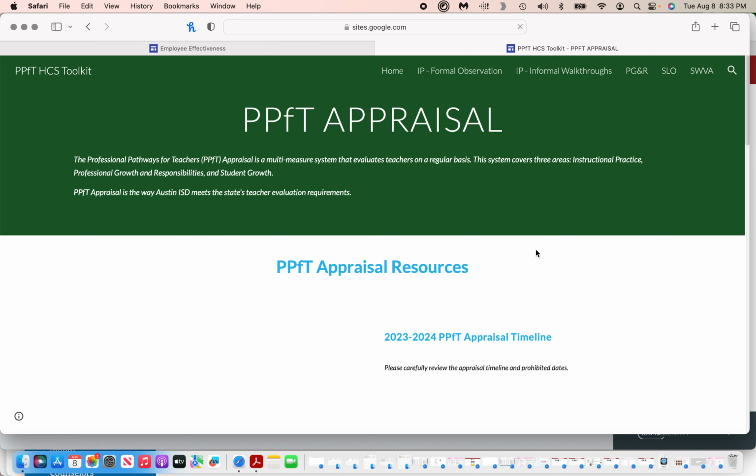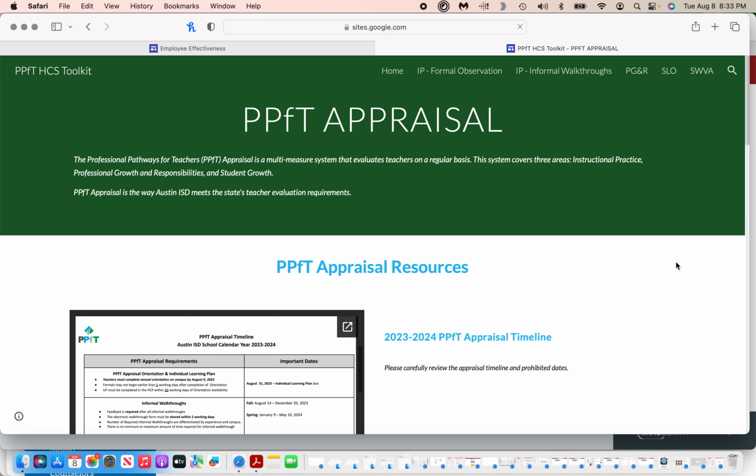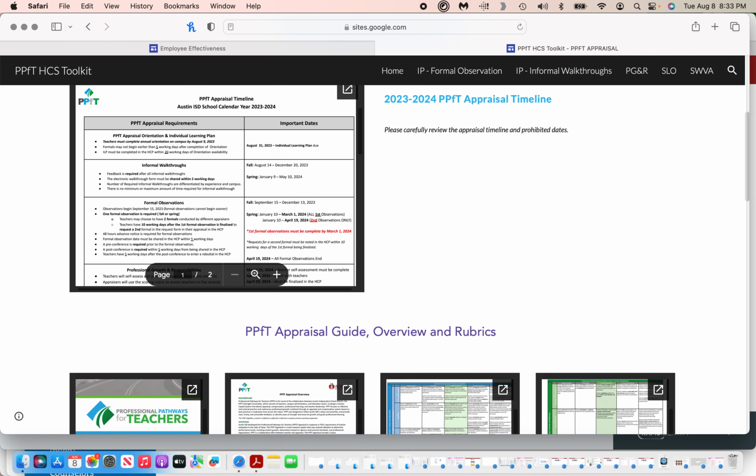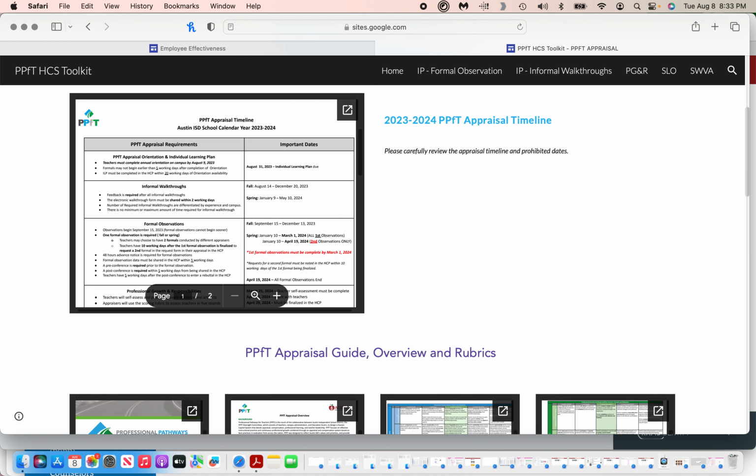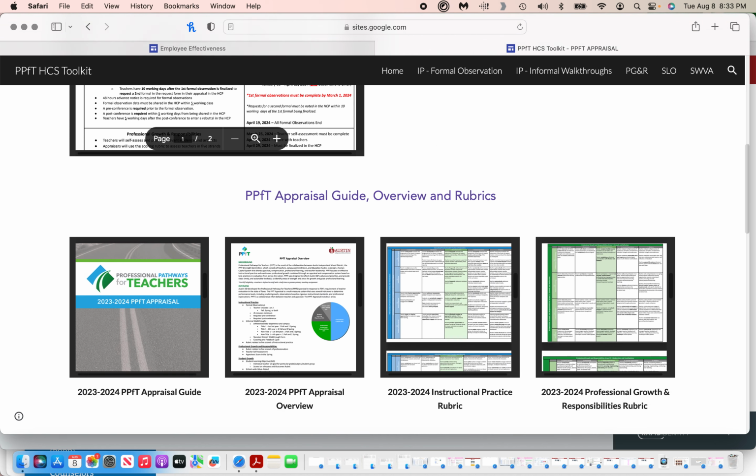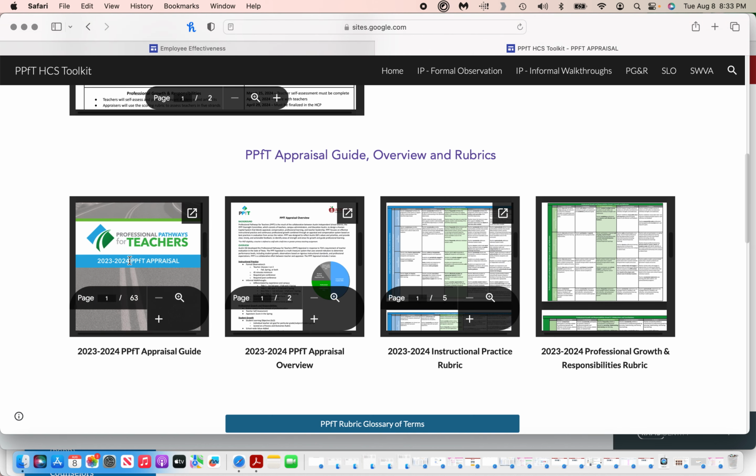So I just remember hearing a lot of people asking, where do I get this stuff, or where do I locate the resources. Okay, and so this is really important, the appraisal timeline. I really would suggest printing that out, and if people want me to print it out for them, that's totally fine too. And then the appraisal guide,